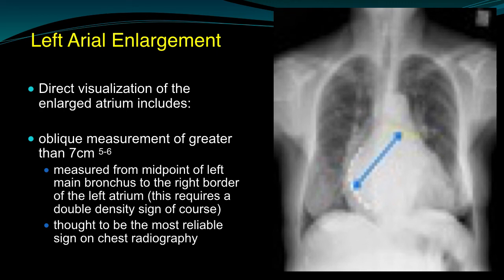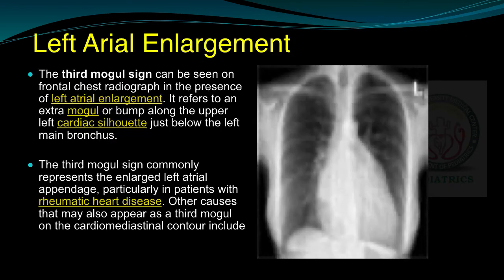Then, the third mogul sign can be seen on the frontal chest radiograph in the presence of left atrial enlargement. It refers to the extra mogul or bump along the upper left cardiac contour just below the left main bronchus. The third mogul sign commonly represents an enlarged left atrial appendage, particularly in patients with rheumatic heart disease, specifically mitral stenosis or mitral regurgitation. Other causes that may also appear as the third mogul on the cardiomediastinal contour include,